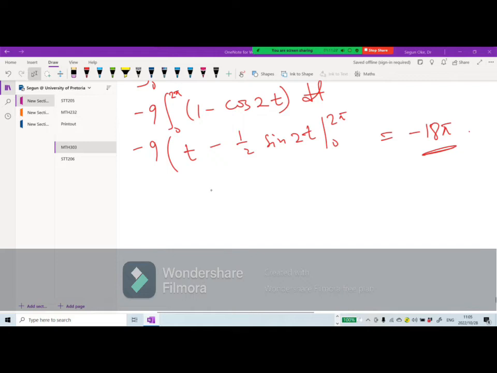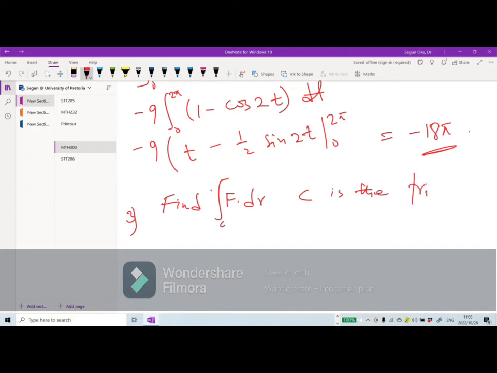Let's look at this question. Find the line integral of this, where your C is the triangle with